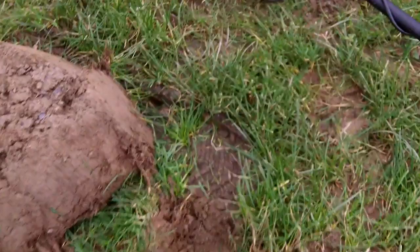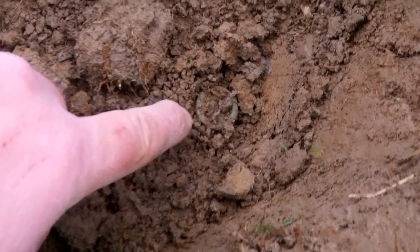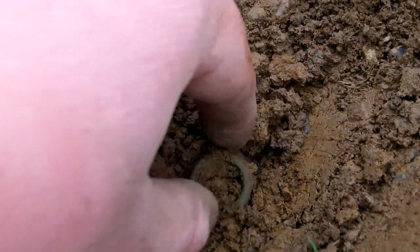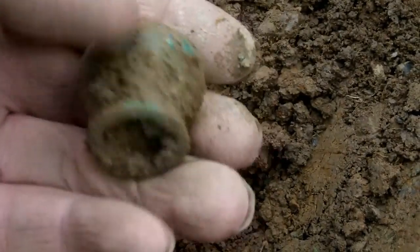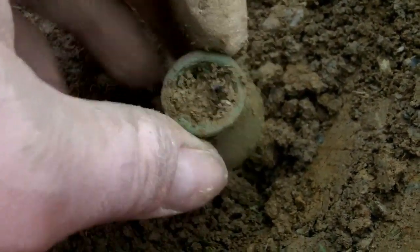But I've come across a signal here. You can see it just there. Is that a ring or? Oh, hang on, it's got depth. I think it's one of those. Oh, hang on. It might be one of those door handles, furniture fittings. Yeah, I thought it might have been a small little ring there to begin with, but